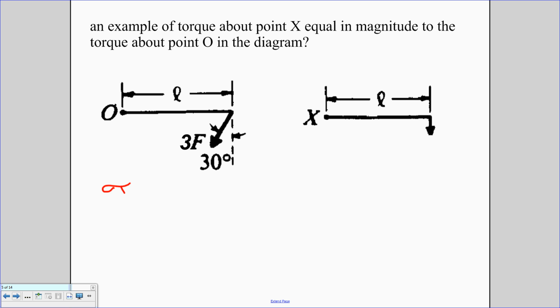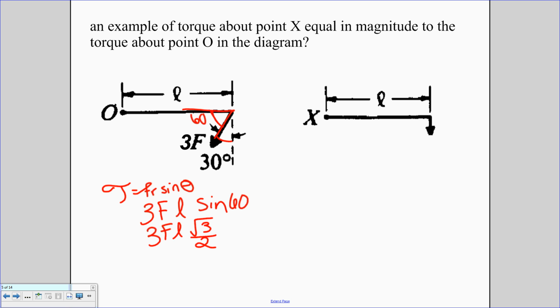Torque is equal to FR sine theta. In this case, that's 3F. My R is equal to L, and that would be sine of, now is it sine of 30? Here's my R, here's my F. This is the 30 degree, so we're going to have to look at 60. So that is 3FL, and sine of 60 is 0.866, or the square root of 3 over 2. Now, if I want to create a torque over here that's equal to that,